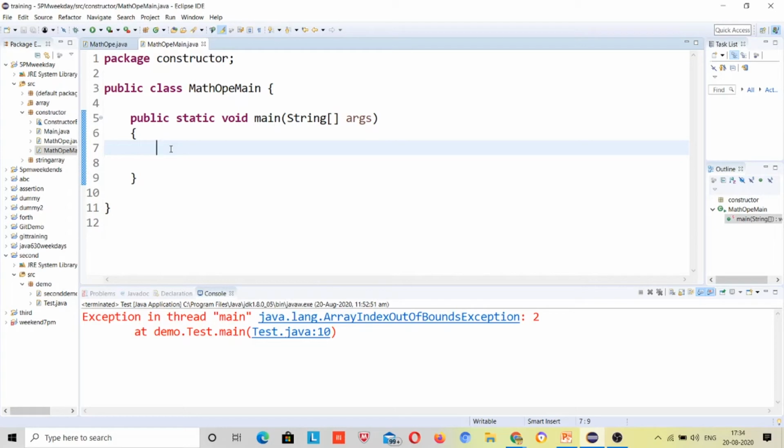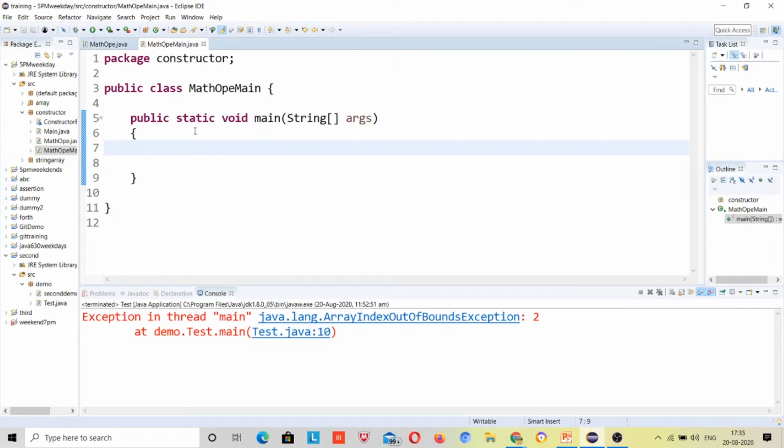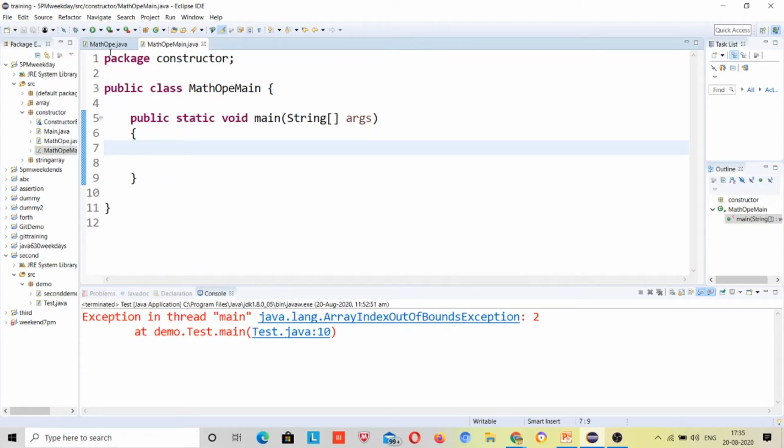Whenever inside any class I need that usage, I will make the object first, otherwise I will not do anything with this class, right? If I have usage of addition, multiplication, subtraction operation, just make the object of the class. Don't write the code for addition, subtraction everywhere. Just use this class by making an object. This is the advantage of the OOPS concept, the advantage of making the class. So this code is reusable.